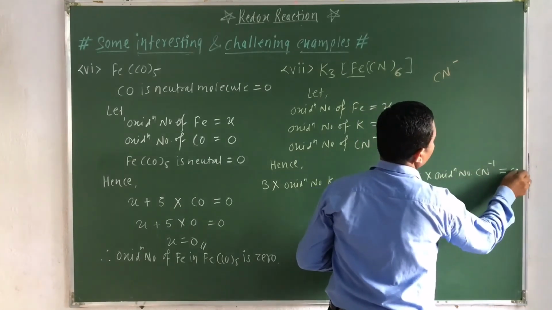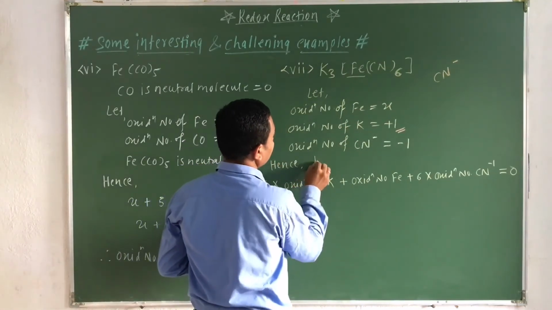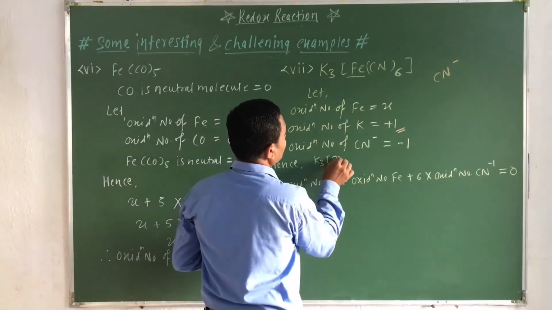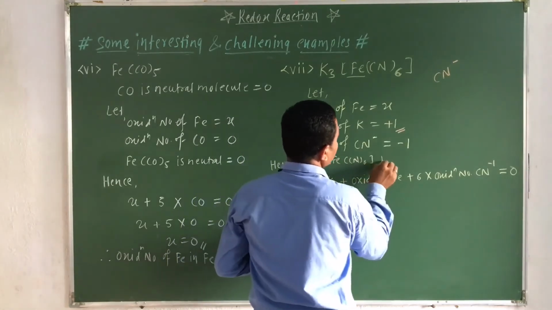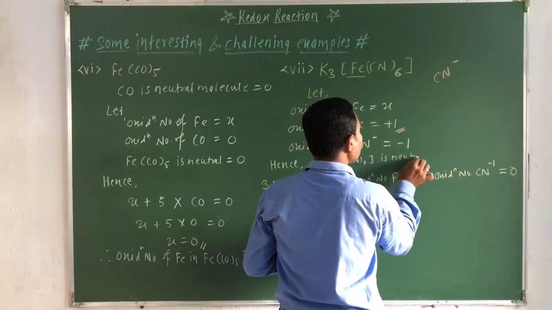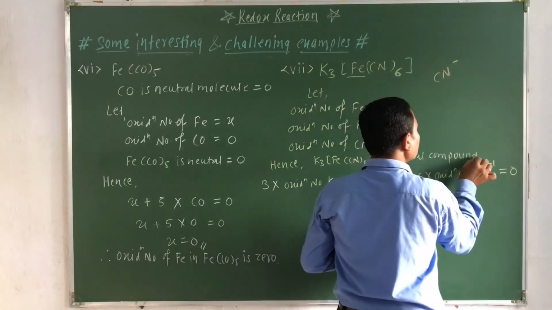This is again a neutral molecule, so we have to add this here: K3[Fe(CN)6] is a neutral compound, therefore that is equal to